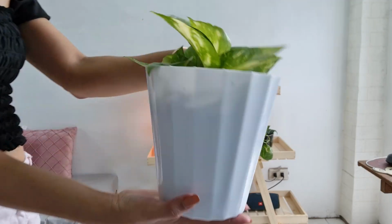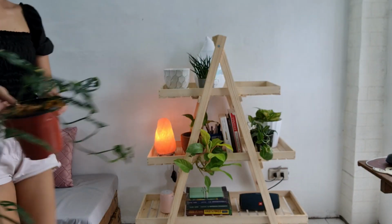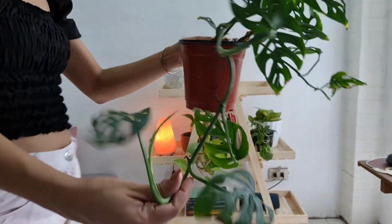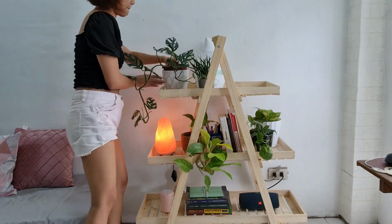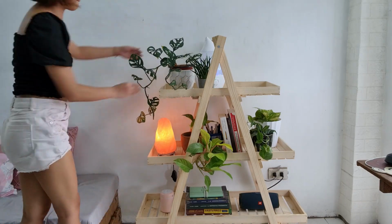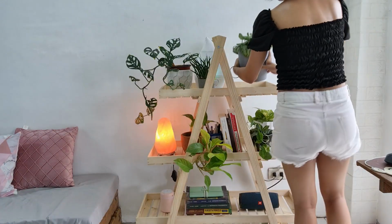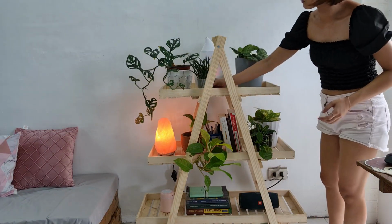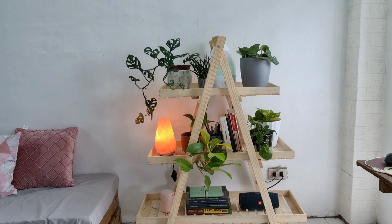So the plastic pots that I got are those without holes. And since I will put it indoors, it makes it easier to water because you will not have water dripping through. You just have to control your watering. And so for the final look of the place,